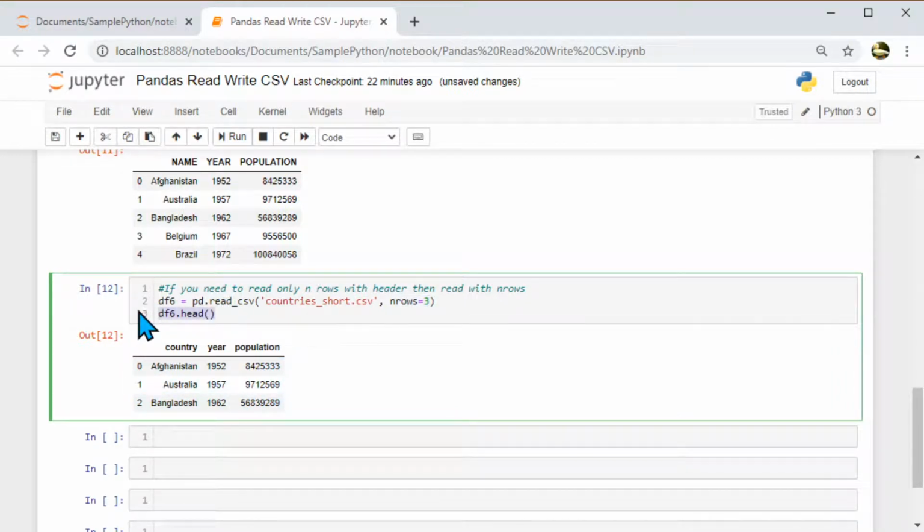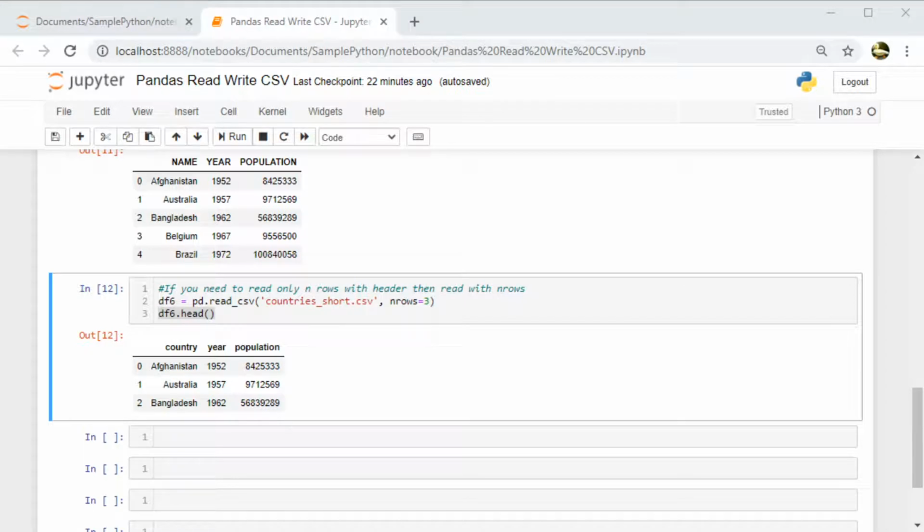Though head on the data frame is capable of displaying 6 records, it's displaying only the top 3 because there are no more records. So if you want to limit reading of rows into the data frame, then you have to use the nrows parameter.